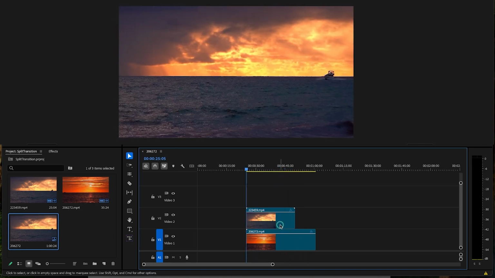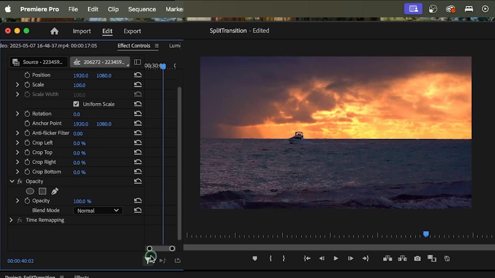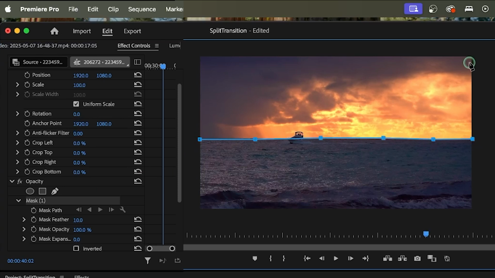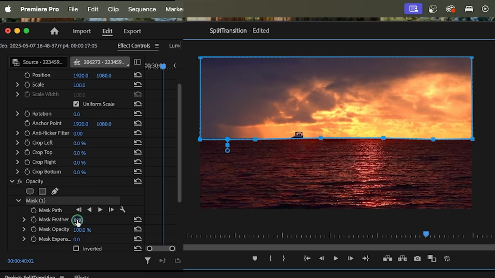First of all, make sure they overlap. Then we are going to select the top clip and head over to the effects control. In the opacity property, click the pen tool to create a mask. We can split the water, and to do that, draw a mask and make sure the feather is set to